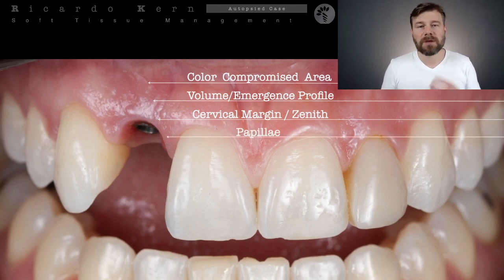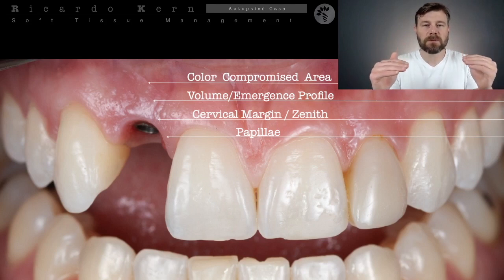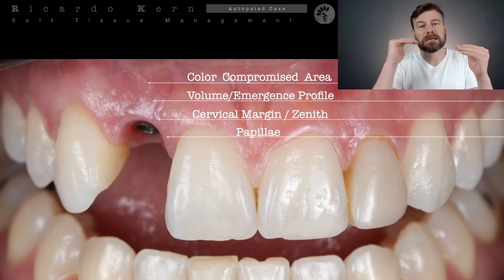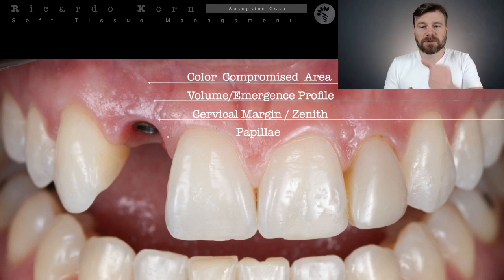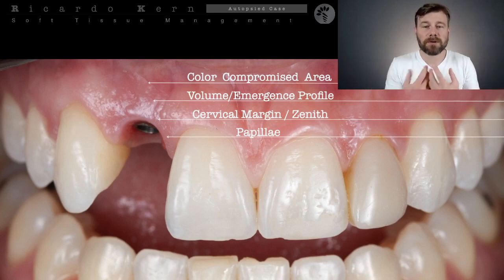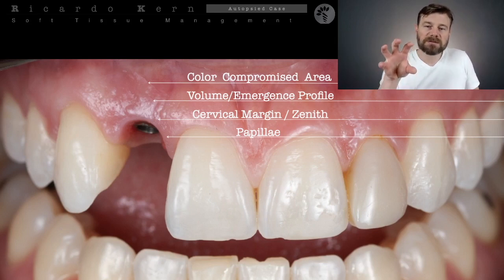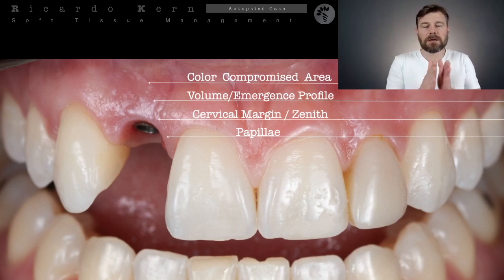Another piece of information you must pay attention to and collect is the presence of the papilla. Is the papilla filling exactly until the contact point? Is this papilla at exactly the same level as the contralateral papilla? And if you have some recession of the papilla, how are we going to approach it to recover this kind of situation? So assuming that we understand exactly these 4 points and you're going to treat them,